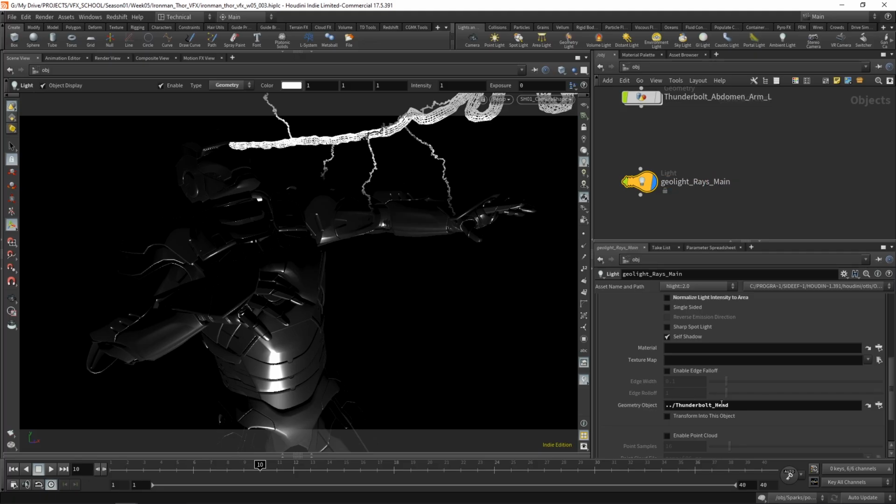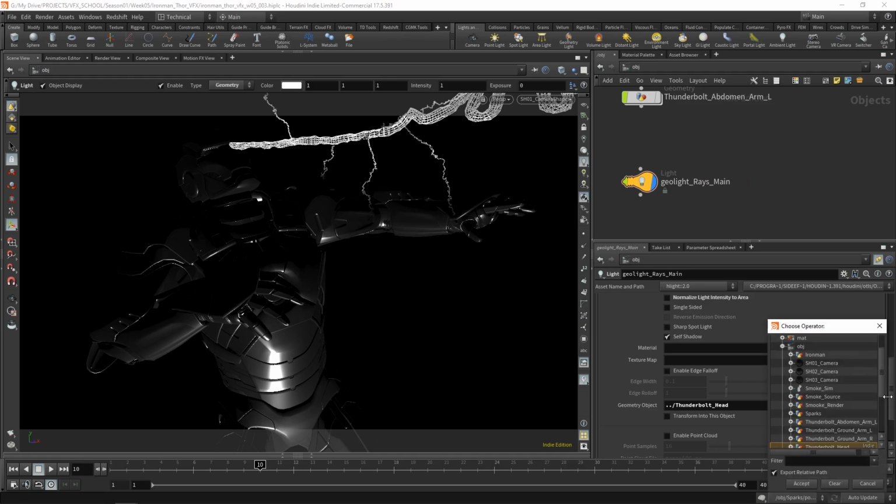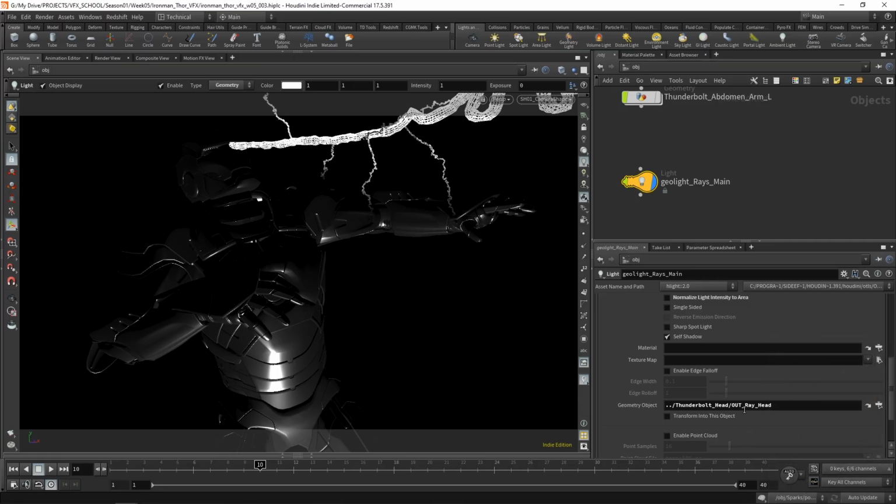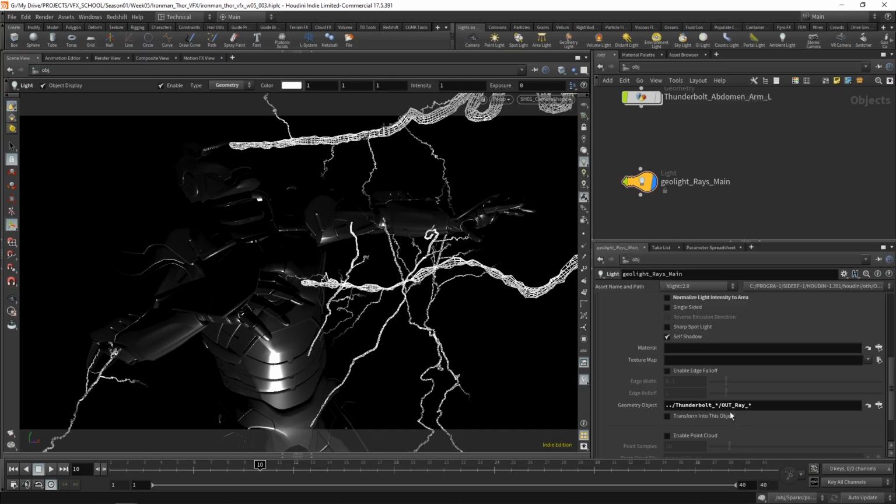But instead of selecting this, let's dive inside. So remember, we created an output null, out ray head. Accept. Now, instead of using the complete name, if we switch this to an asterisk, we have a wildcard, and this should be able to grab everything. So we also need to put that wildcard here. Okay, and as you can see, it's grabbing everything